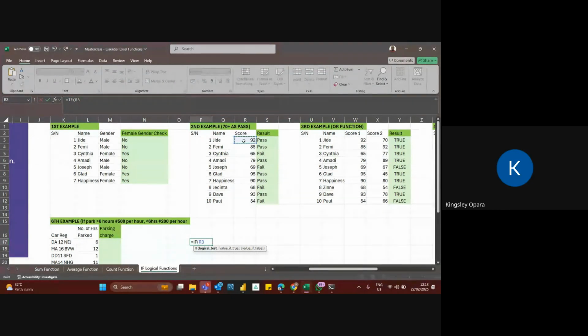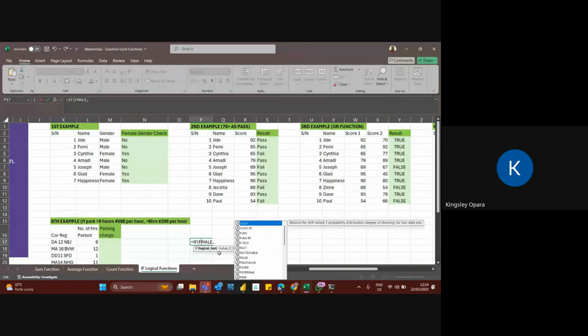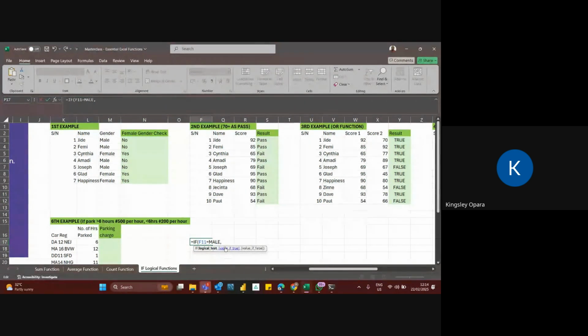All right. Now there's a problem there. F11 male, like this, right? Yes. Comma. Now this was wrong. What you're trying to tell Excel is you've not given Excel any logical function here to test. It becomes a logical function when you say F11 is equal to male. That is when it begins to look like a logical function. And again, the male has to be enclosed in double quotation marks like this. Make sure you have done that.